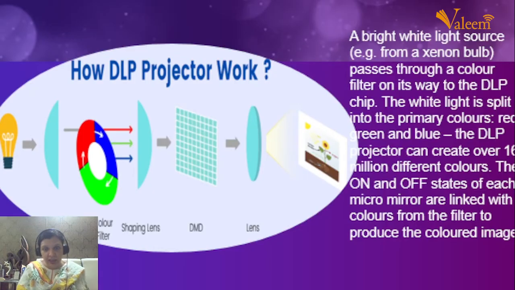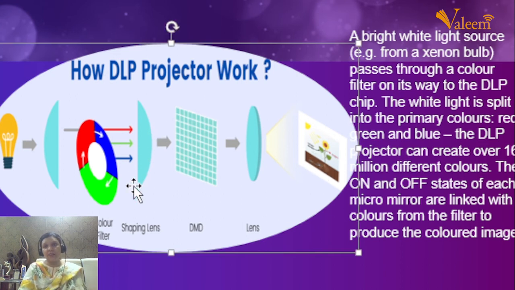Now we will see how the different parts are arranged in a DLP projector. This is the light source, and then there is a condensing lens that is used to transfer the light, and with its help the light will pass through this color wheel, right? Then this colored light will fall on this DMD chip, and that will be transferred through the projector's final lens, and in this way the image is formed on the bigger white screen, right? So you can see how a DLP projector works.